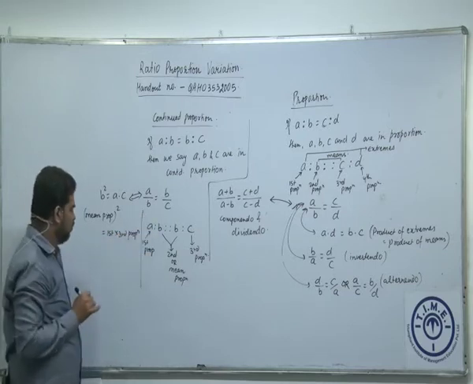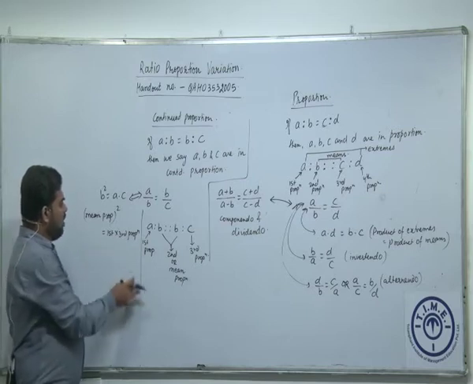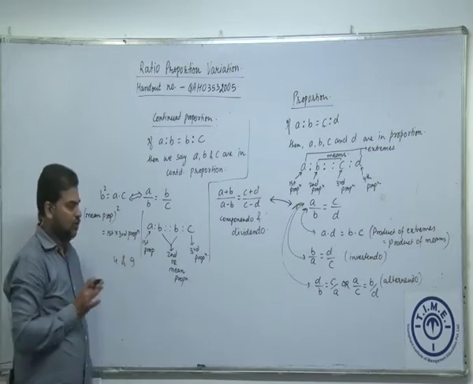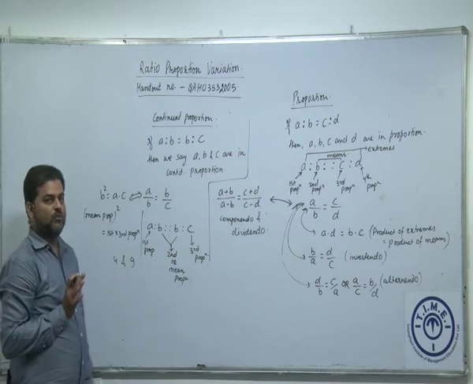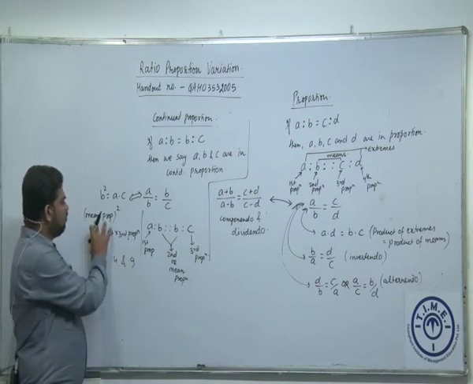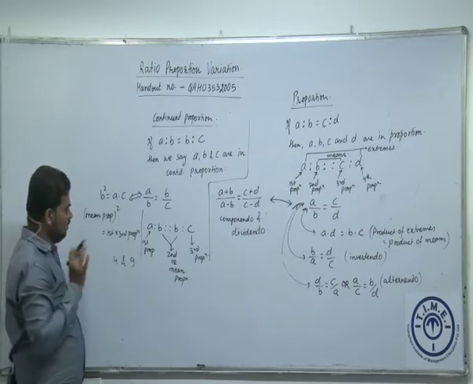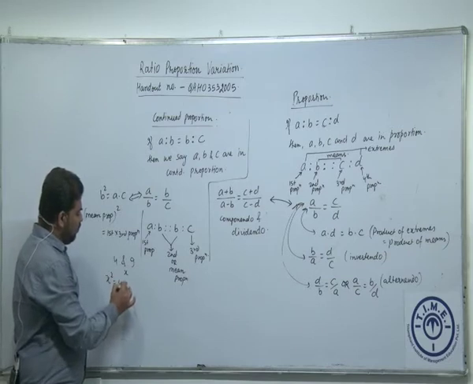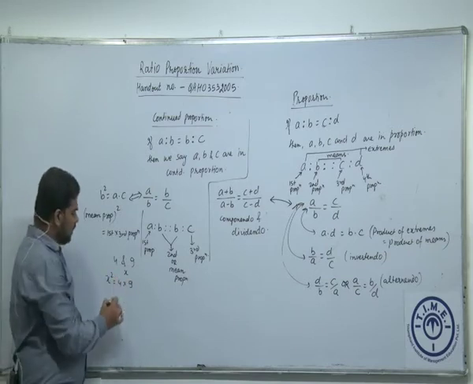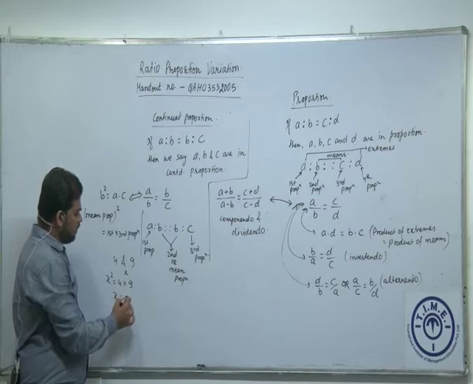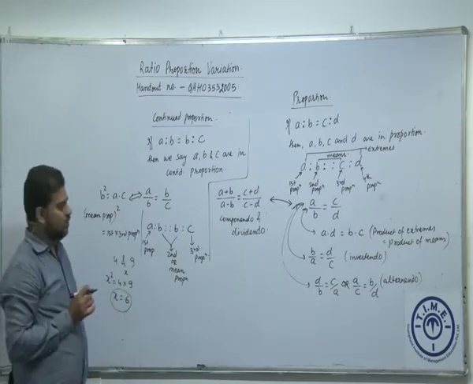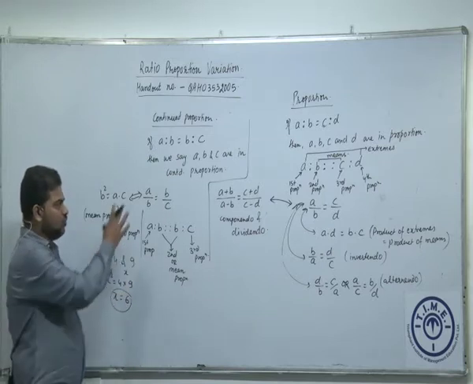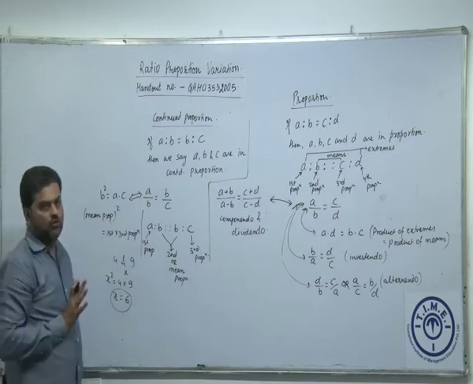Okay, let's look at a quick question. Find the mean proportional of 4 and 9. We have just seen mean proportional square is equal to first into third proportional. So let us say x is the mean proportional. So can we say x square will be equal to 4 multiplied by 9, which is 36? If x square is 36, what is the value of x? The value of x will be 6. So can we say the mean proportional of 4 and 9 is 6? Yes. So this is all about proportion and continued proportion.